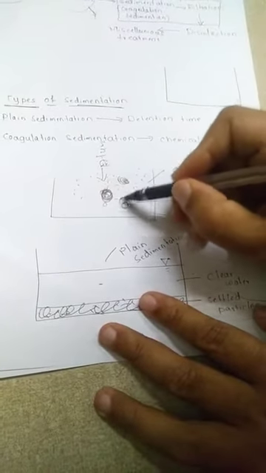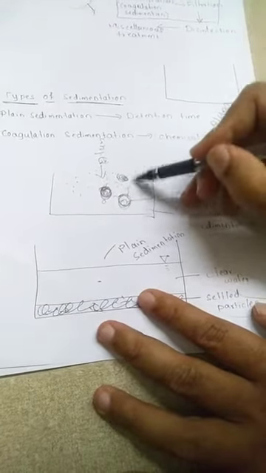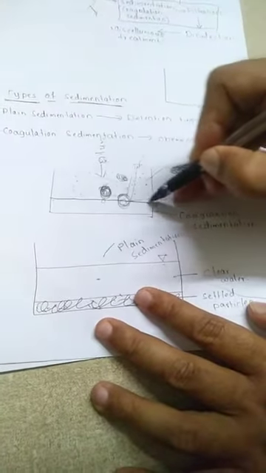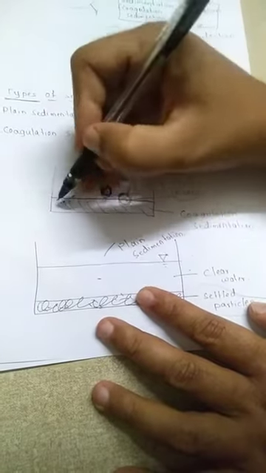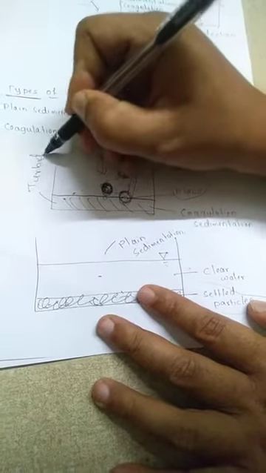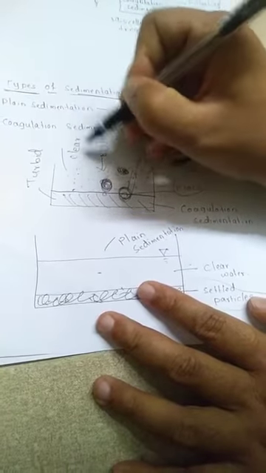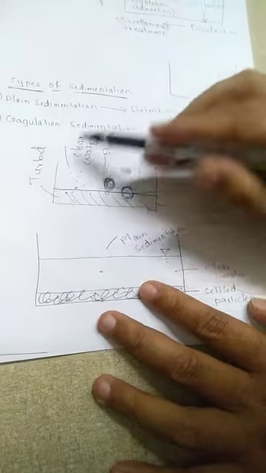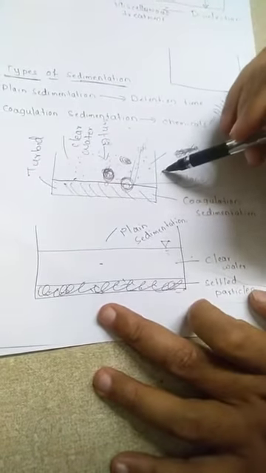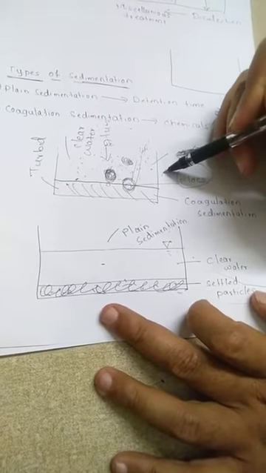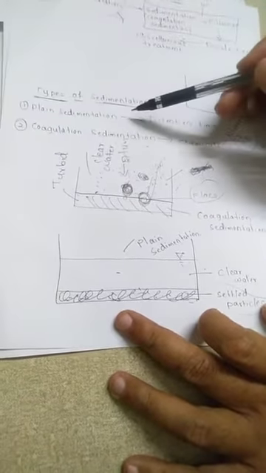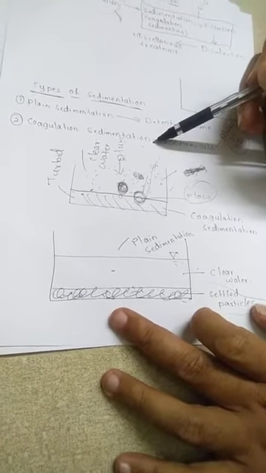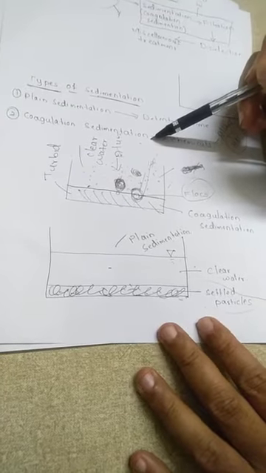When the ball like structures are formed, what is going to happen? The specific gravity of these particles is going to increase, and they are going to get settled down by their own weight. So it is going to give the turbid water at the bottom, and at the top we are going to have the clear water. This is nothing but coagulation sedimentation. This is also going to be asked in your exam: what are the different types of sedimentation, or explain plain sedimentation, or explain coagulation sedimentation? It will be asked in your exam. So at that time you need to give such explanations